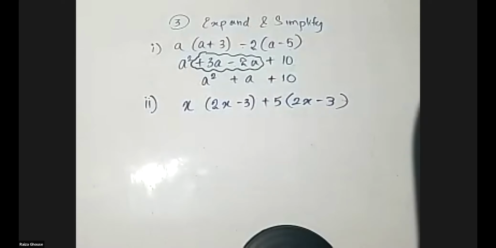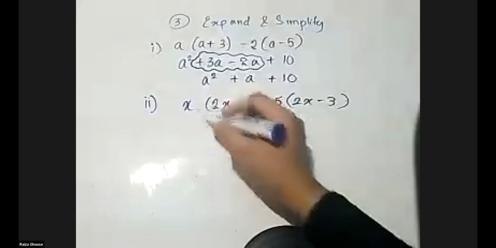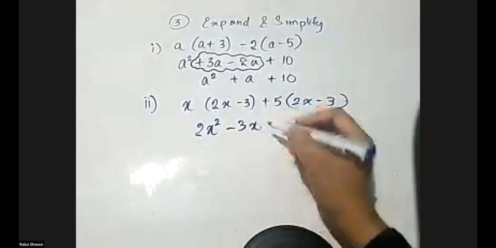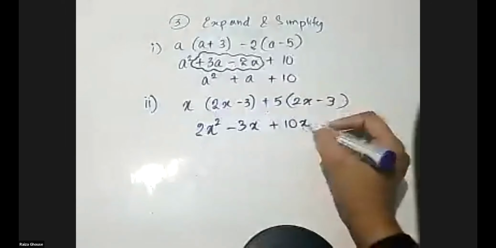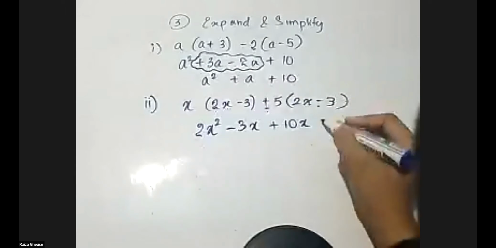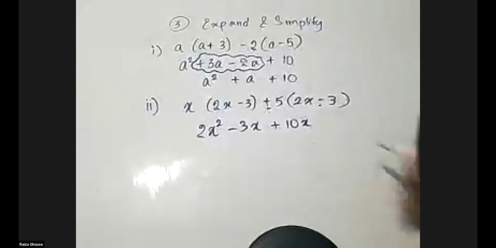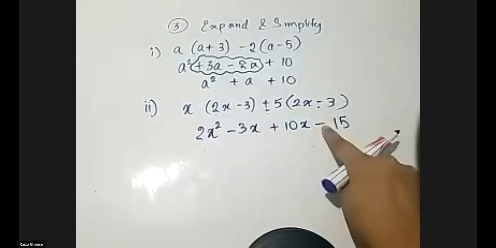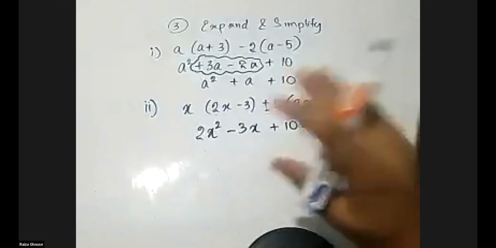Now look at the board. How do you multiply this one? 2x into x. When you multiply x into x, I told you it's x squared. So it's 2x squared minus 3 into x is minus 3x. Plus 5 into 2 plus 10 into x is just x. Plus into minus is what? Plus into minus is, if you have two different symbols, what is it? Plus into minus is minus. Very good, minus, and here 5 into 3 is 15. Now plus into minus is minus, not plus. Remember, symbols are different means negative. Don't confuse. That's what I taught you, the basics, and came here.